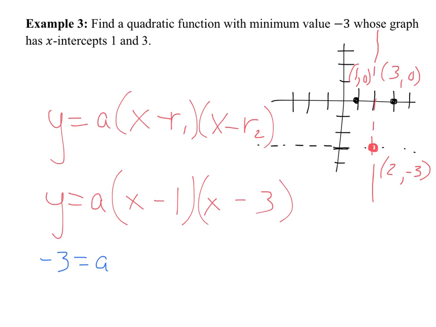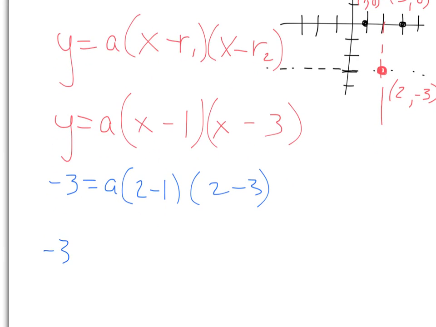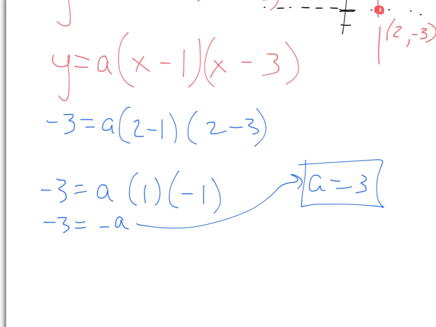-3 equals a times 2 minus 1 times 2 minus 3. Solving for a, we're going to get a times 1 times -1. And as a result, we're going to get -3 equals -a. So a, therefore, equals positive 3. So my equation at the end, or my function, looks like